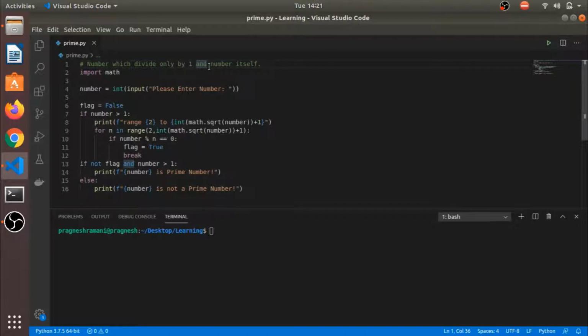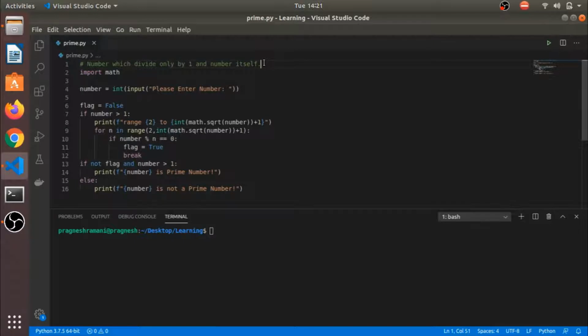So we can say 3 is divisible by 1, and 3 is also divisible by the number itself, that is 3 by 3, which means the remainder is also 0. So we can say 3 is divisible by 1 and the number itself. Okay, and it is not divisible by any other values, so we can say 3 is a prime number.